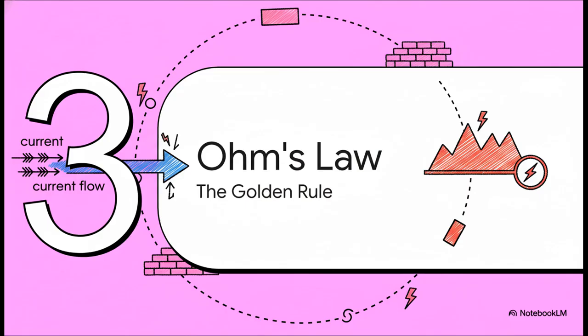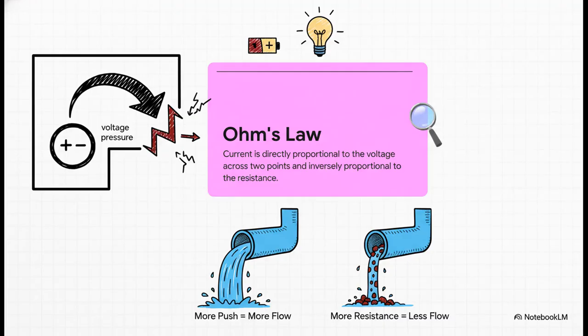So we have current, that's the flow. And we have resistance, that's the opposition to the flow. The final piece of this puzzle is figuring out how these two are connected. And that's where this beautifully simple, incredibly powerful rule comes in, Ohm's law. So this law, figured out by George Simon Ohm, ties everything together perfectly, but it does introduce one new idea,